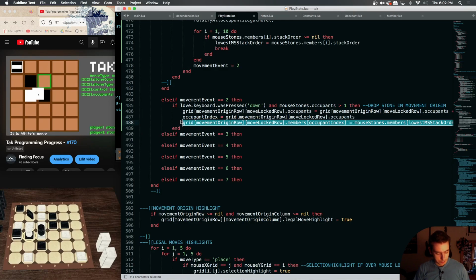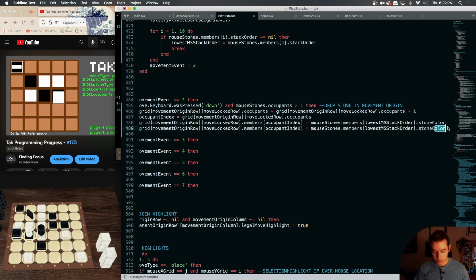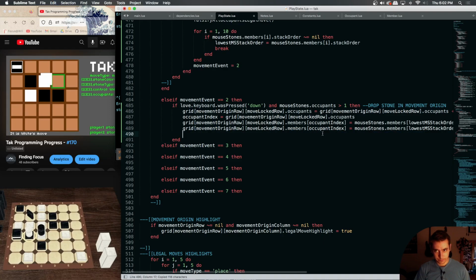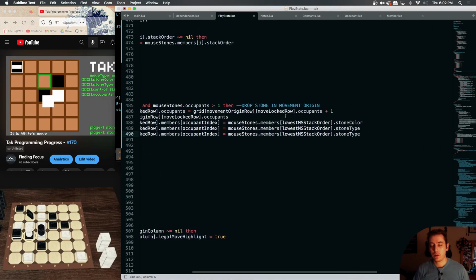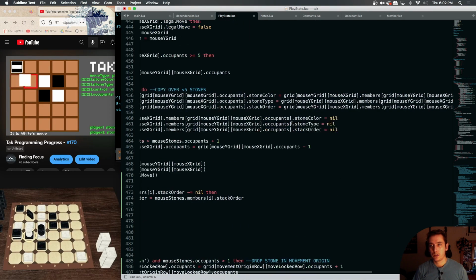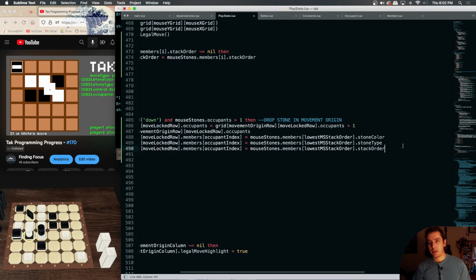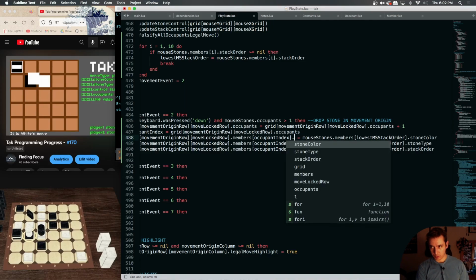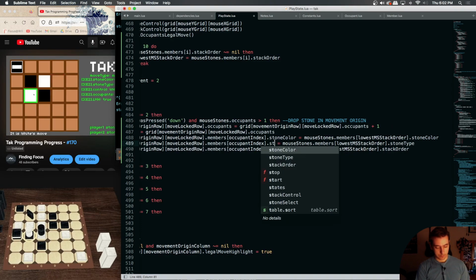So we need to do stone color, stone type, and what else? Stack control? No. What do we do? Stack order. That's the index for the render. So stack order. It's the last thing we copy over, and we don't copy it into the members index. We have to be more specific into the appropriate members field at the appropriate index. So stone type